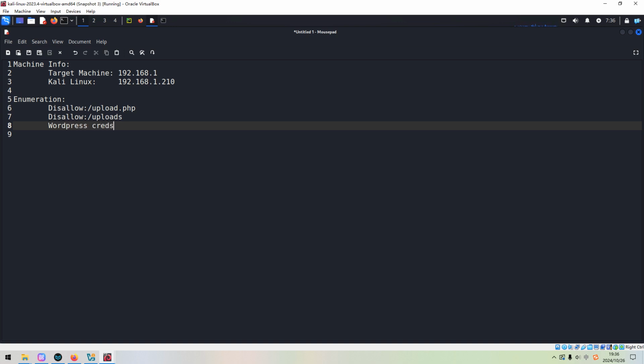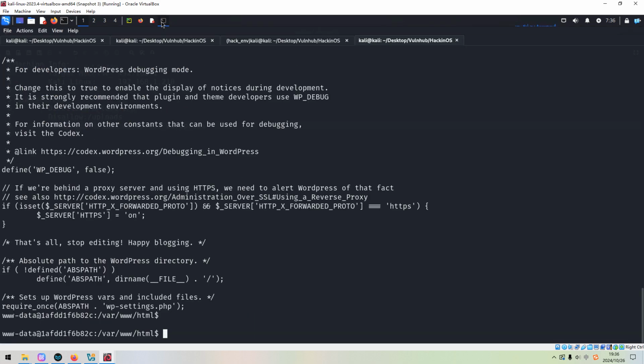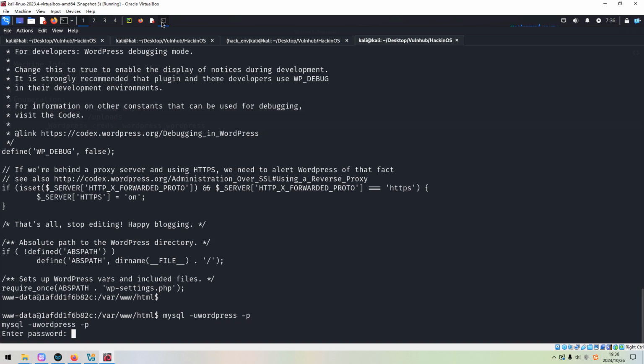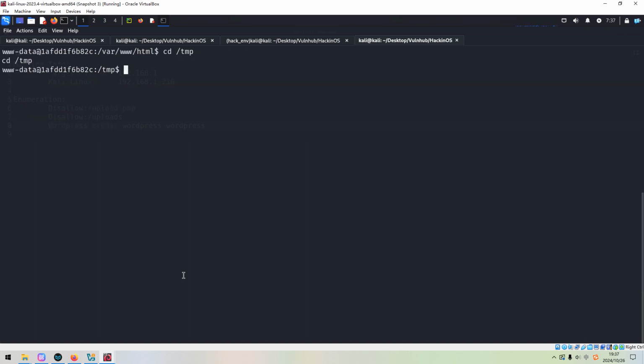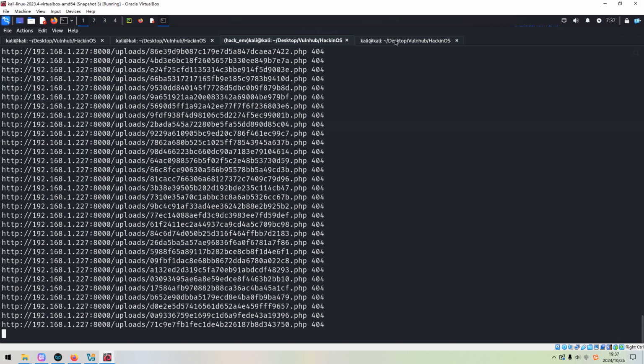Now I think we can connect to the database, connect to MySQL with the credential WordPress, and paste the password WordPress, but it cannot connect to the local MySQL server. Maybe the MySQL server is not running in this container. So what can we do next? We can upload the NumPy shell script to do the automatic enumeration, right?